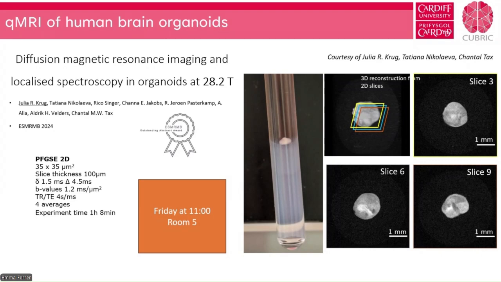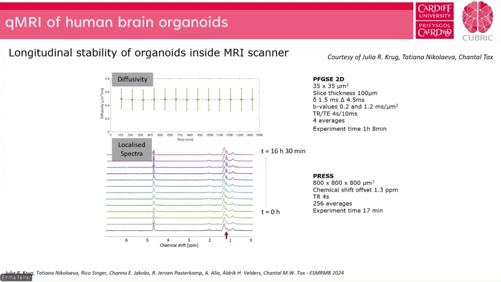What I'm very, very, very excited to see at this meeting, and in particular on Friday, is this beautiful work from Julia Krug, who will actually present MRI at ultra high resolution. They used the 28.2 Tesla and they scanned the organoids and they quantified their properties also as a function of time. So I strongly encourage you to have a look at this work on Friday. And what they showed, which I think is extremely interesting,